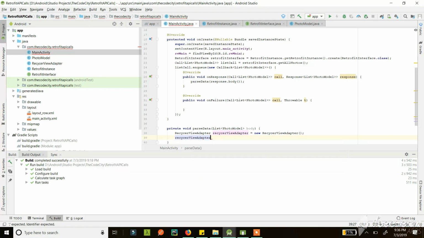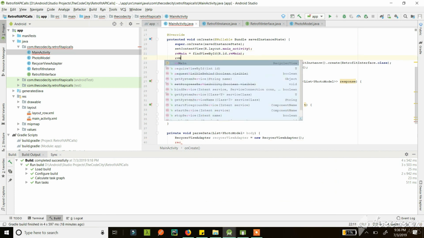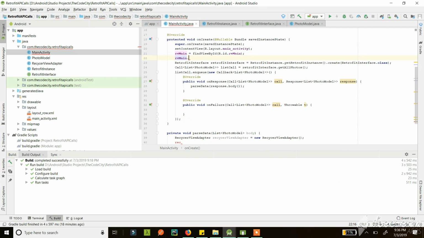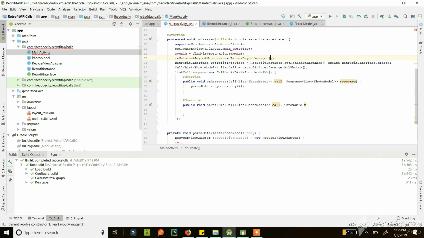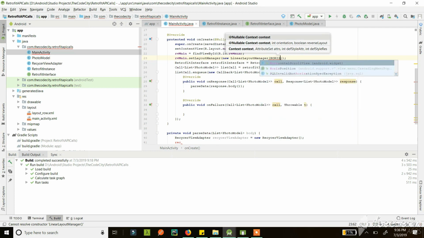Sorry, my bad. You do not set that on the adapter, you set it on the RecyclerView instead. So setLayoutManager is new LinearLayoutManager, and it takes orientation,